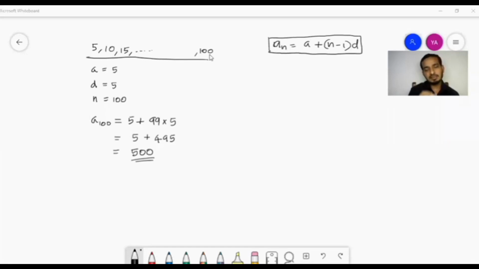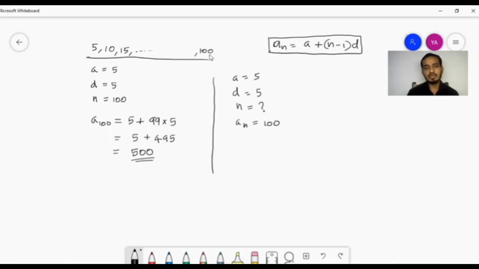So if you get similar questions, where you get an arithmetic progression, you get a term, and you want to find the position number, we can use the same idea. In this sequence, a, the first term, is 5, and the common difference, which you can also read from the progression, is again 5. We don't know n, and this is the question. We are given that a_n, the nth term, is 100. Now we want to find the position of 100 in the sequence, so we want to find the value of n.